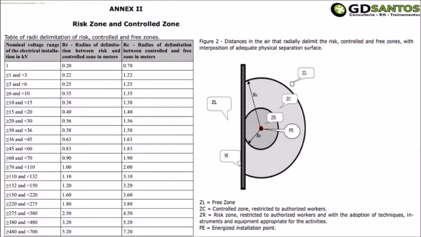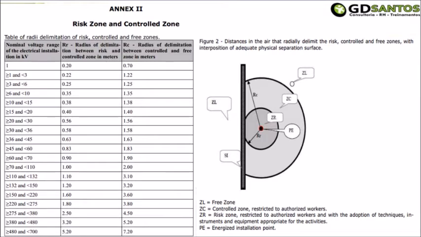To better understand, we now look at the table of radii and the limitation of risk, controlled and free zones. It establishes the nominal voltage range of the electrical installation in kilovolts, the radius of the limitation between risk and control zone in meters, and the radius of the limitation between controlled and free zone in meters. As an example, we have